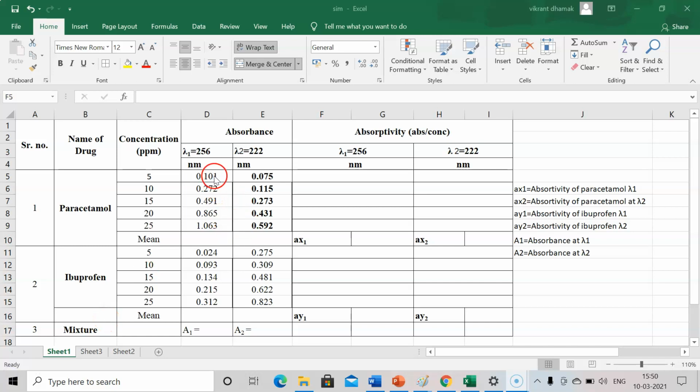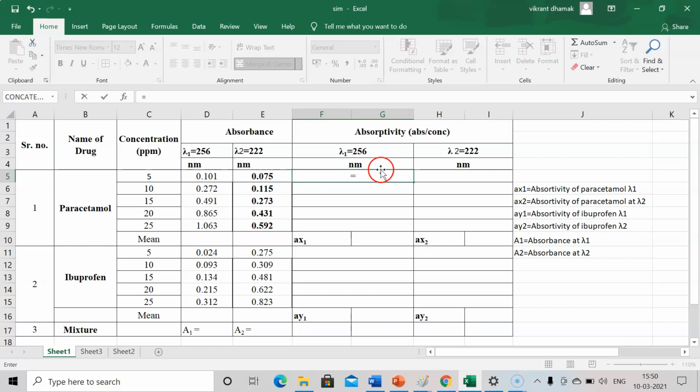Now I have got the readings from the UV spectrophotometer, and these are the readings for particular concentrations at lambda 1 and lambda 2. So now we need to calculate absorptivity using Excel. Press the equal sign for that purpose, and then the absorbance, right? So absorbance of line 1, click over here,